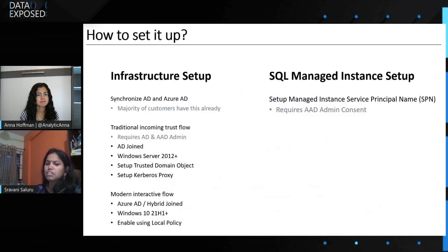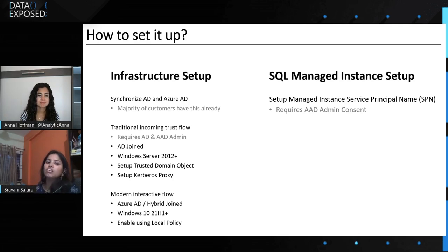And how the customer sets it up is very simple. They don't have to make any changes at the application level, which is the great thing to call out. All they have to do is an initial infrastructure setup, which is something like setting up some Kerberos tokens in their client machines, and then setting up something in the SQL managed instance from the Azure portal. The initial infrastructure setup is a one-time activity, and it's pretty simple, and the documentation is very clear with the steps.